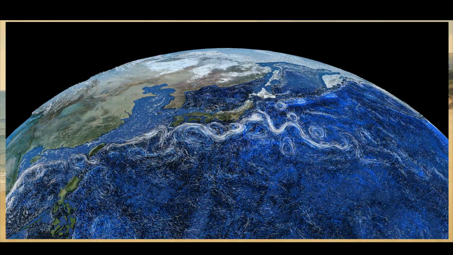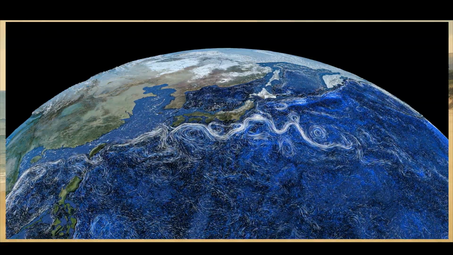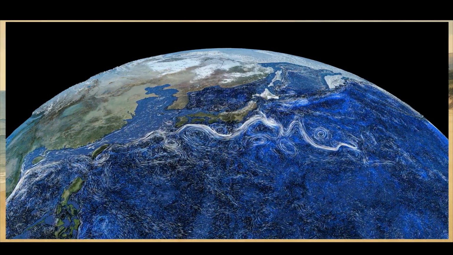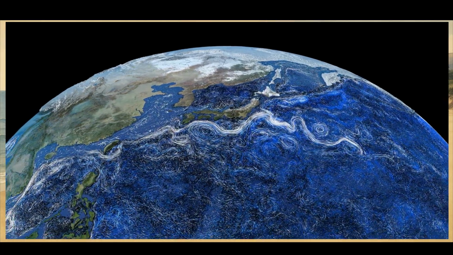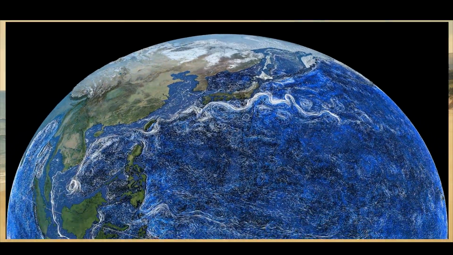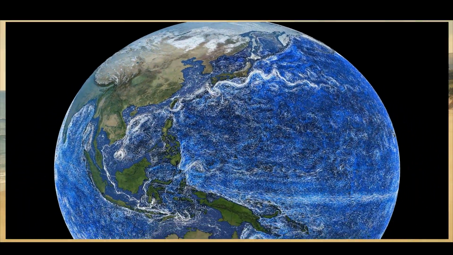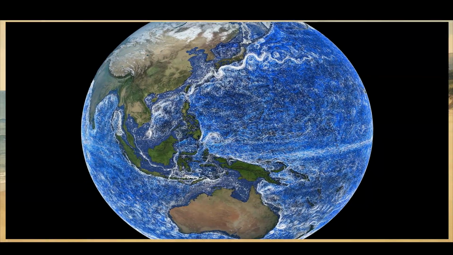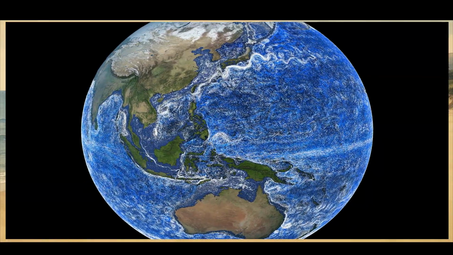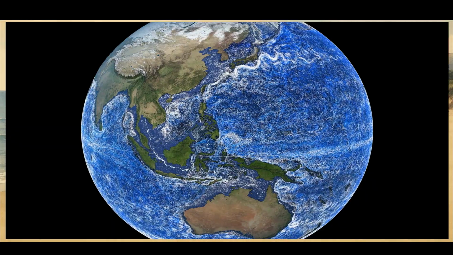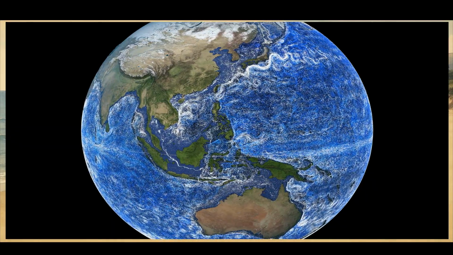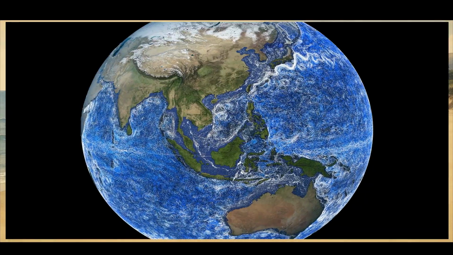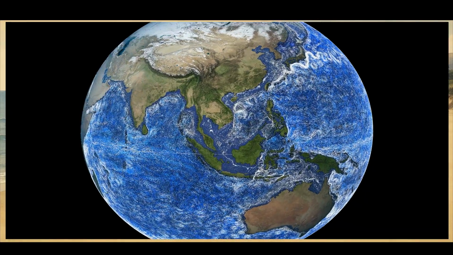This visualization makes it easy to see how the ocean moves water across the planet. But what's hard to see are the places where the water moves up or down. This is called upwelling or downwelling. When upwelling brings cold, deep nutrients into the sunlight near the surface, it creates a feeding ground for all sorts of ocean life. Nutrients, carried in part by the Kuroshio current, help feed the fisheries in Japan and create an important economic zone